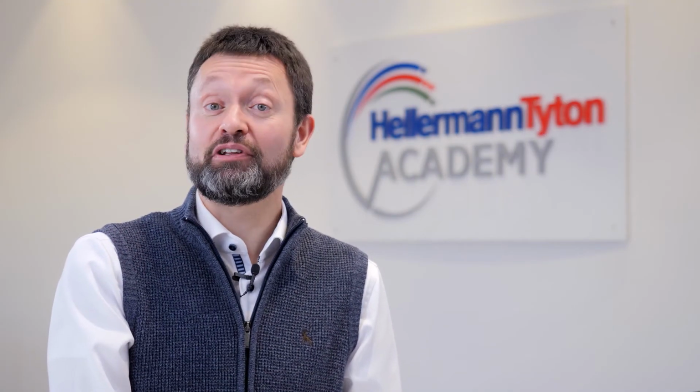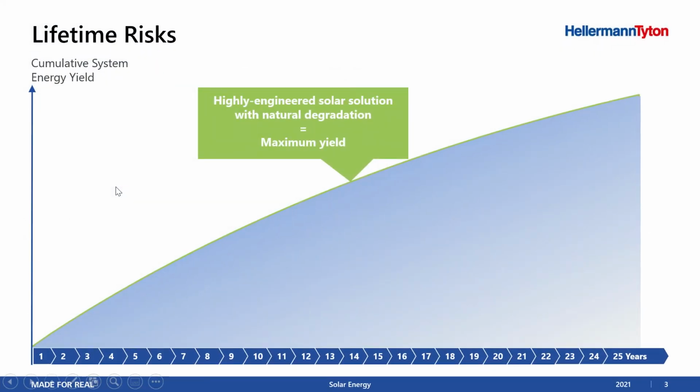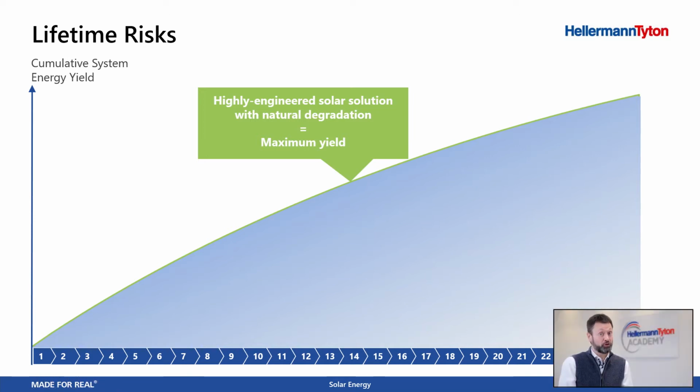Let's have a closer look at the lifetime risk of a solar plant. This is showing you the operation of a solar plant from year 1 up to year 25. The power curve, which is displaying the yielded energy, starts at zero, and at the very end you will have a certain generated amount of power. This should ideally be linear, but this one is a little bit curved because of some degradation processes going on in the solar plant, which is pretty normal. But a lot more could happen, which you have never planned for.